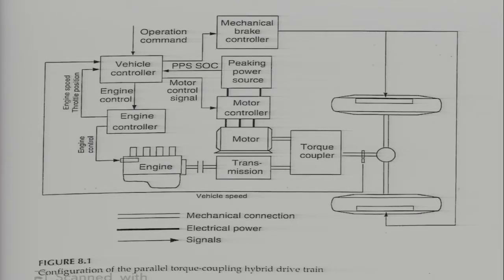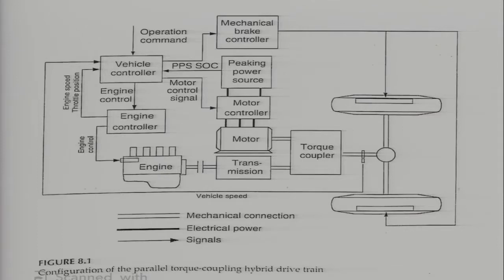Of the outputs from the vehicle controller, one is going to the mechanical brake controller. This mechanical brake controller comes into action when, if you want to suddenly stop the vehicle, along with the regenerative braking you need to have the mechanical brake system also, because in that case the braking power required is greater than the maximum power which the vehicle can regenerate. So the additional power has to be spent in the mechanical brakes. This is the brake controller.